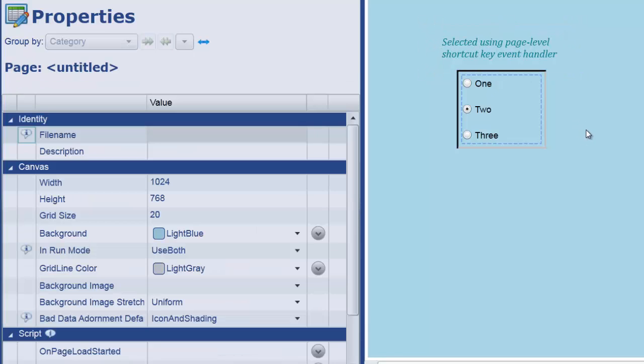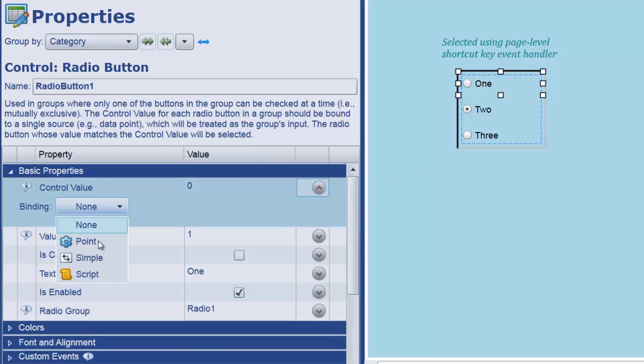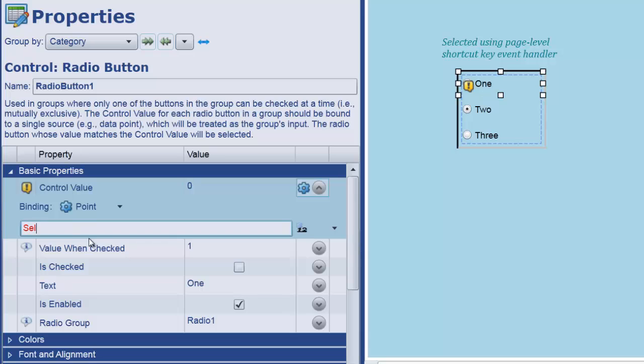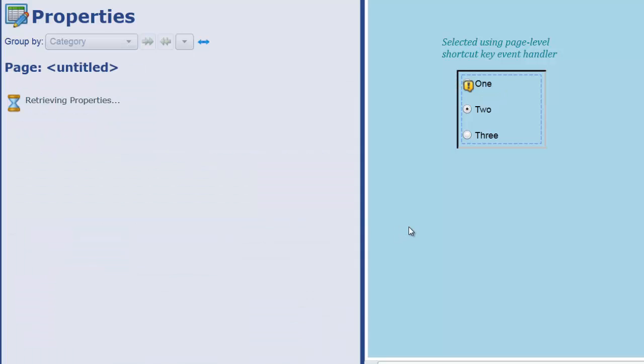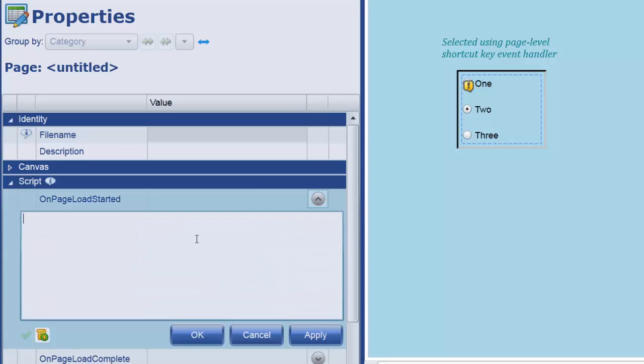Okay, and so the next thing I want to do is actually work with a data point binding for each of these 3 things. And so when I select my first radio button, I want to actually set a point binding on this guy to be the selected radio button, and you'll notice that it doesn't recognize this data point, and that's because even though this is a local data point, it still needs to be defined before we can actually use this. So I'm going to go to the page level script here on page load started, and